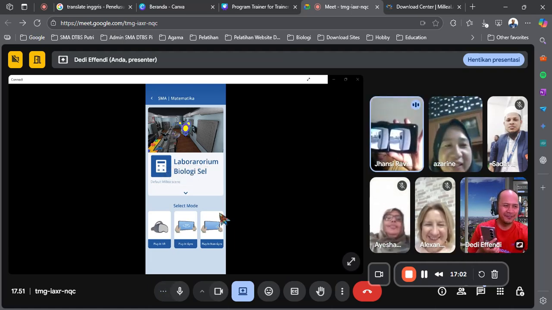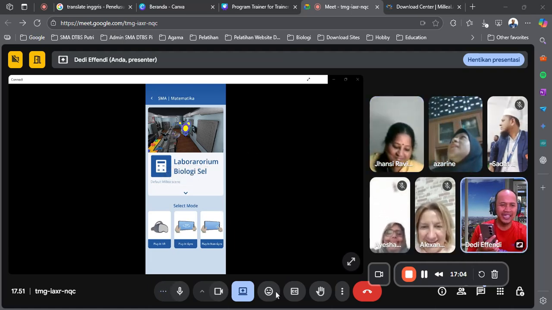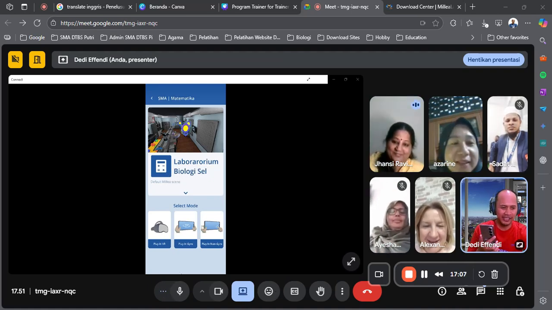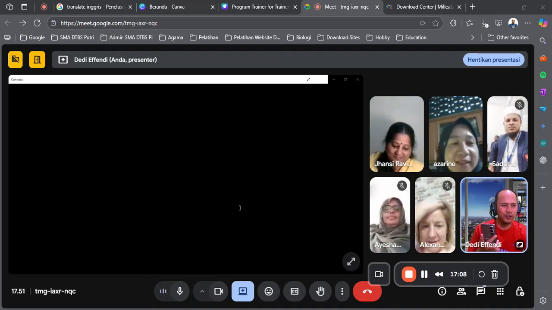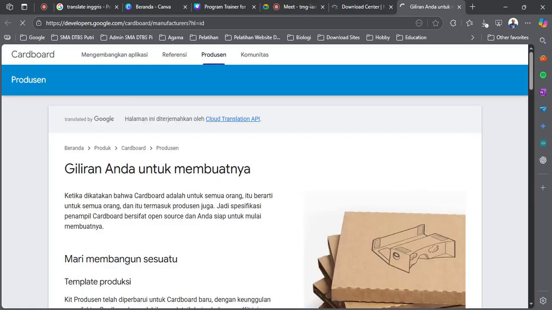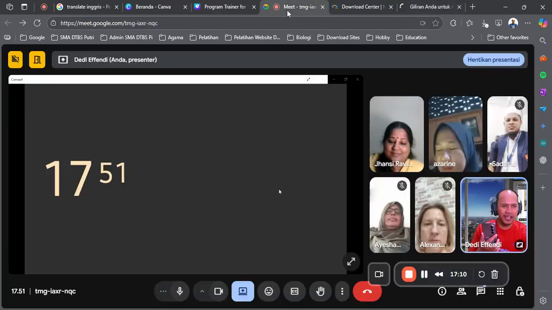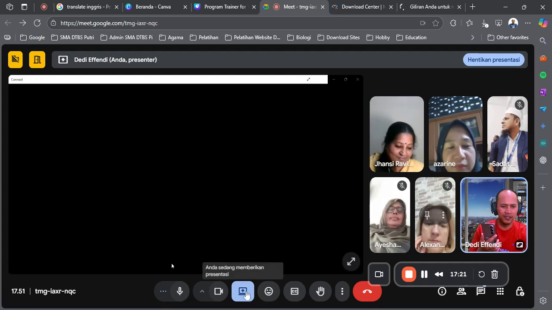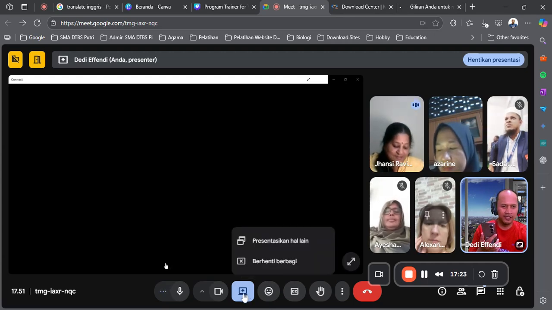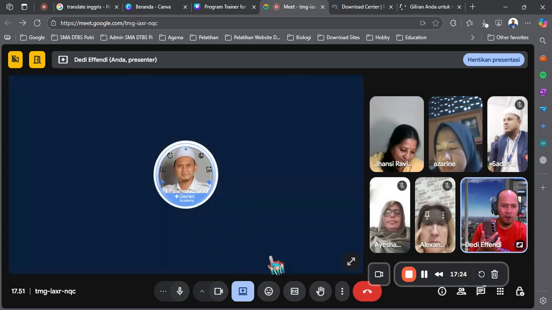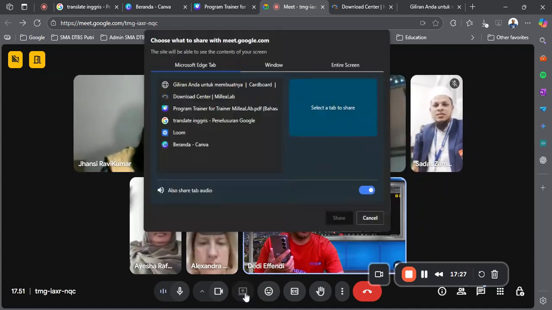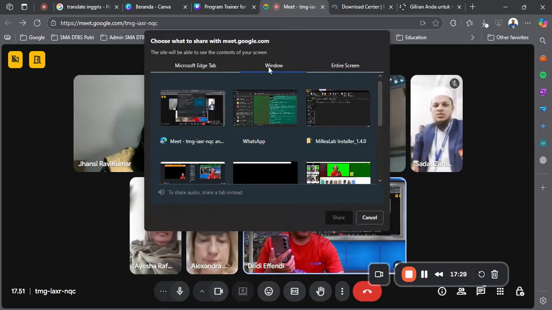But if you don't have any VR glasses, you can use the VR toolkit, which I have shared the link to with you in the WhatsApp chat. If you open that screen, you will get a template.